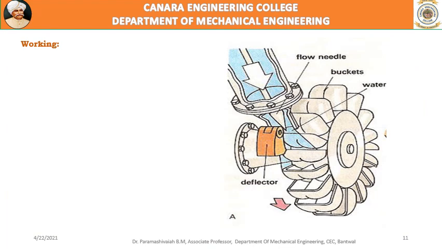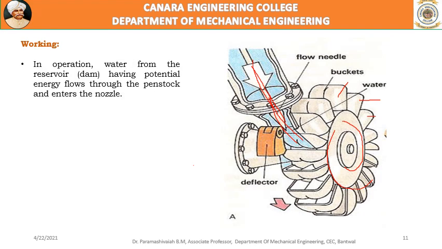So here now we will see how an impulse turbine works. So now this is the rotor, and on the periphery of the rotor, these are the blades or the cups. Okay, and then this is the inlet to the nozzle, and this is the nozzle, and a high velocity jet of water comes and strikes these blades or vanes and makes the rotor rotate. This is how it works.